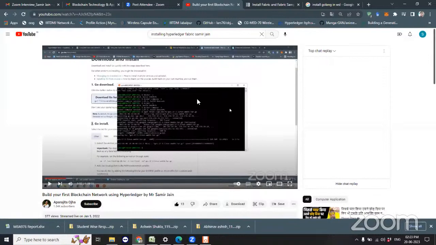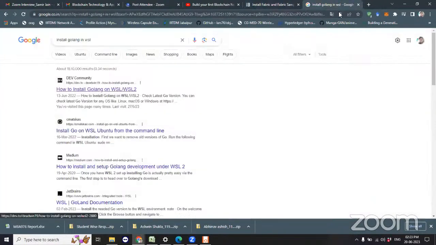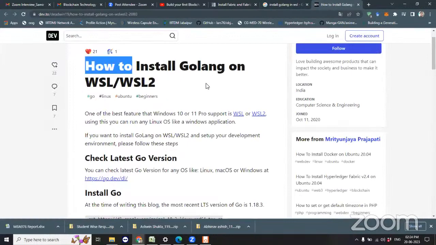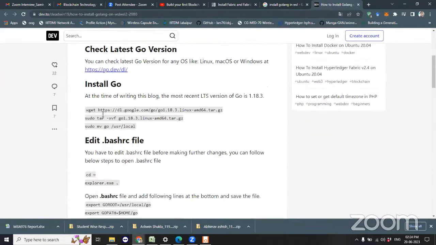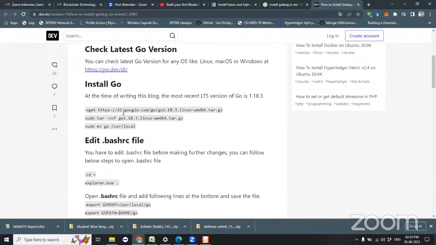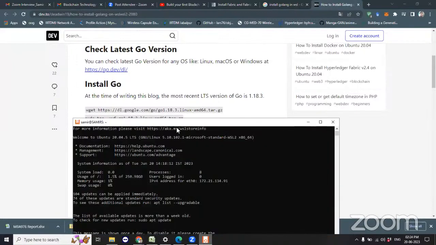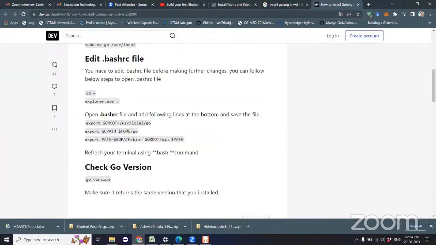So what you can do is search in Google, install Golang in WSL. There will be a link from Dev Community. This is a good link. They have given a very small number of steps to install Golang on WSL2. They have given the steps to install Go by using these links, and then you have to use these commands in WSL. You can copy paste these commands and keep on running them, and then you have to